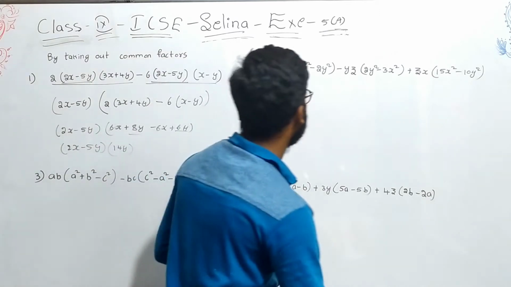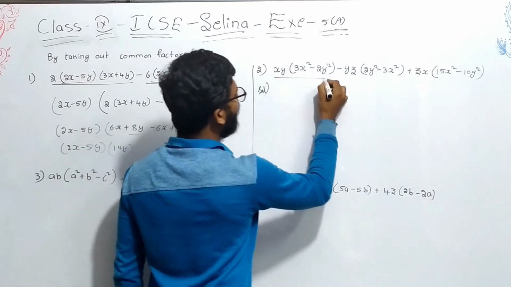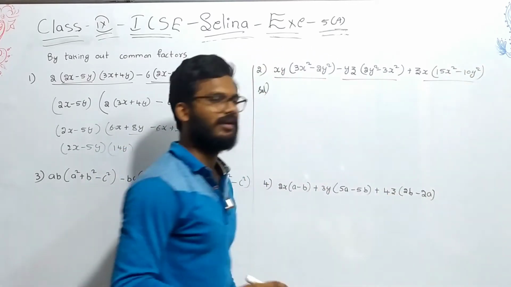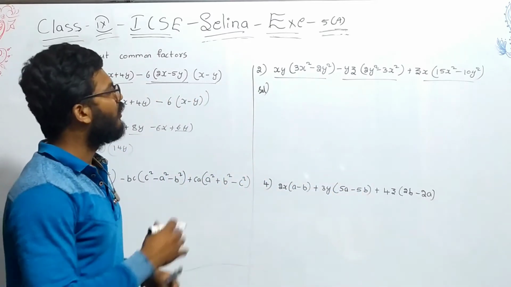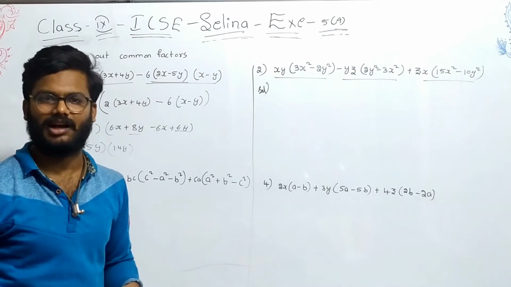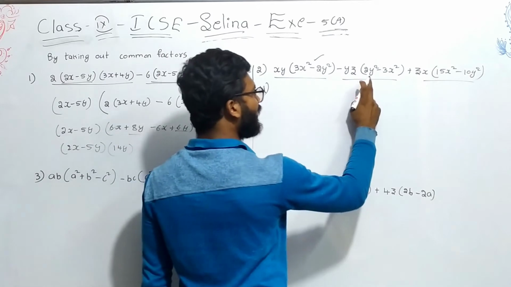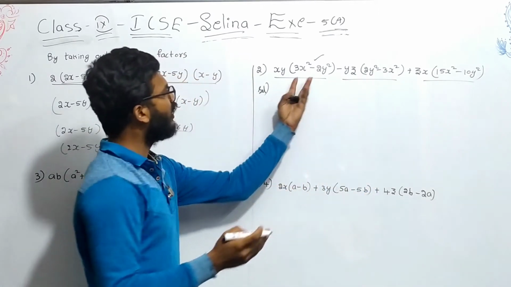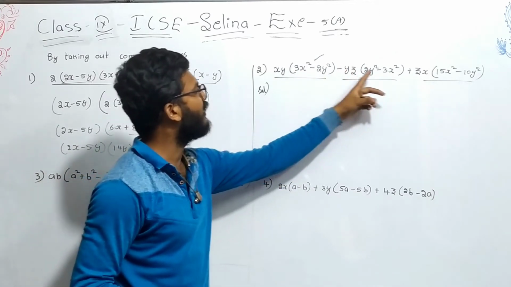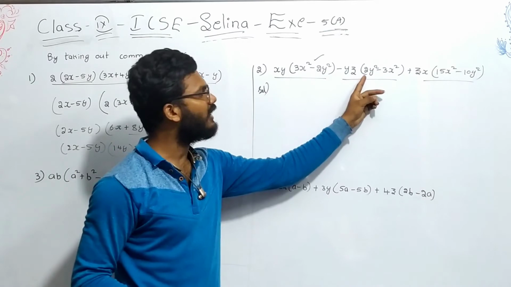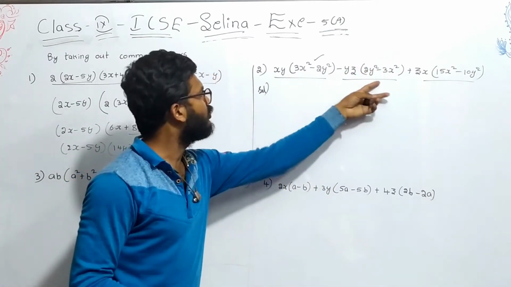See again one more example, the second one. So here we have three terms. I am taking each term as a single one, this is one and this is one. There are three. And we have to see in each and every term, is there any common factor? See, here 3x square minus 2y square is there, whereas here 2y square minus 3x square. If you observe this, these two have interchanged their signs. Here it is having plus, whereas here it is having minus. Here it is having minus, here it is having plus. So if you interchange these two, we can get these two as similar.